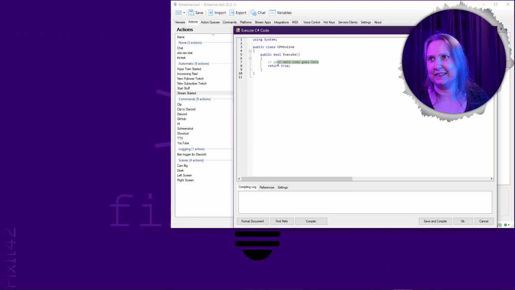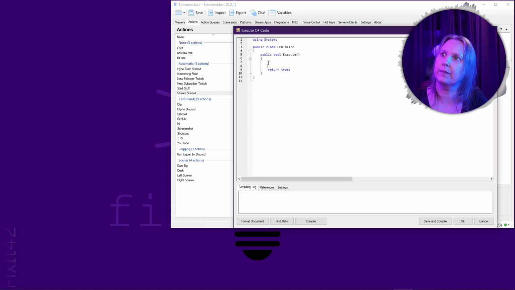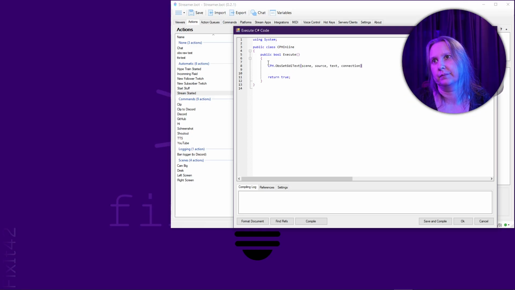So let's, our connection is 0. I don't think we need to type that. The text should be, say, we want it to be 1500, and of course a string, and the scene